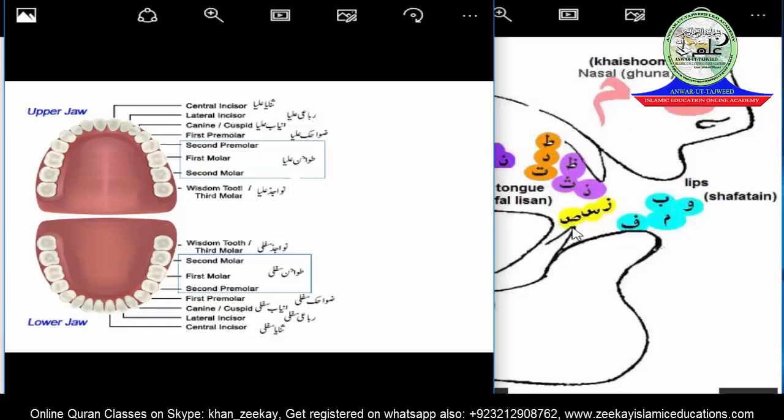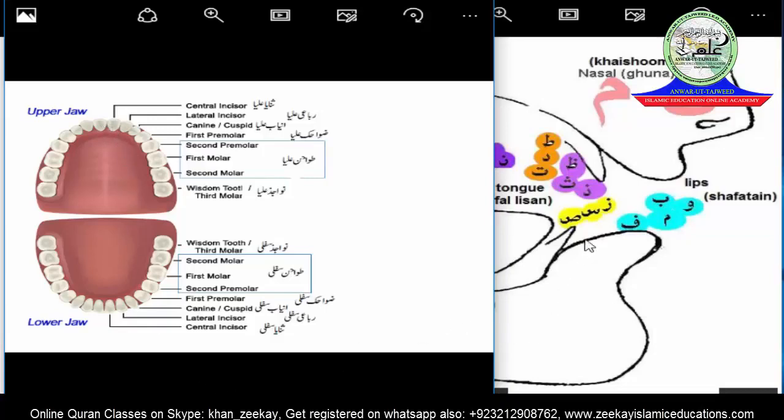and it will touch this part which is in the lower jaw, and it will also include the edge of the upper central incisors. It means mainly it will touch the edge of these two teeth, and it will also include these two teeth, this part of the upper central incisors. So this